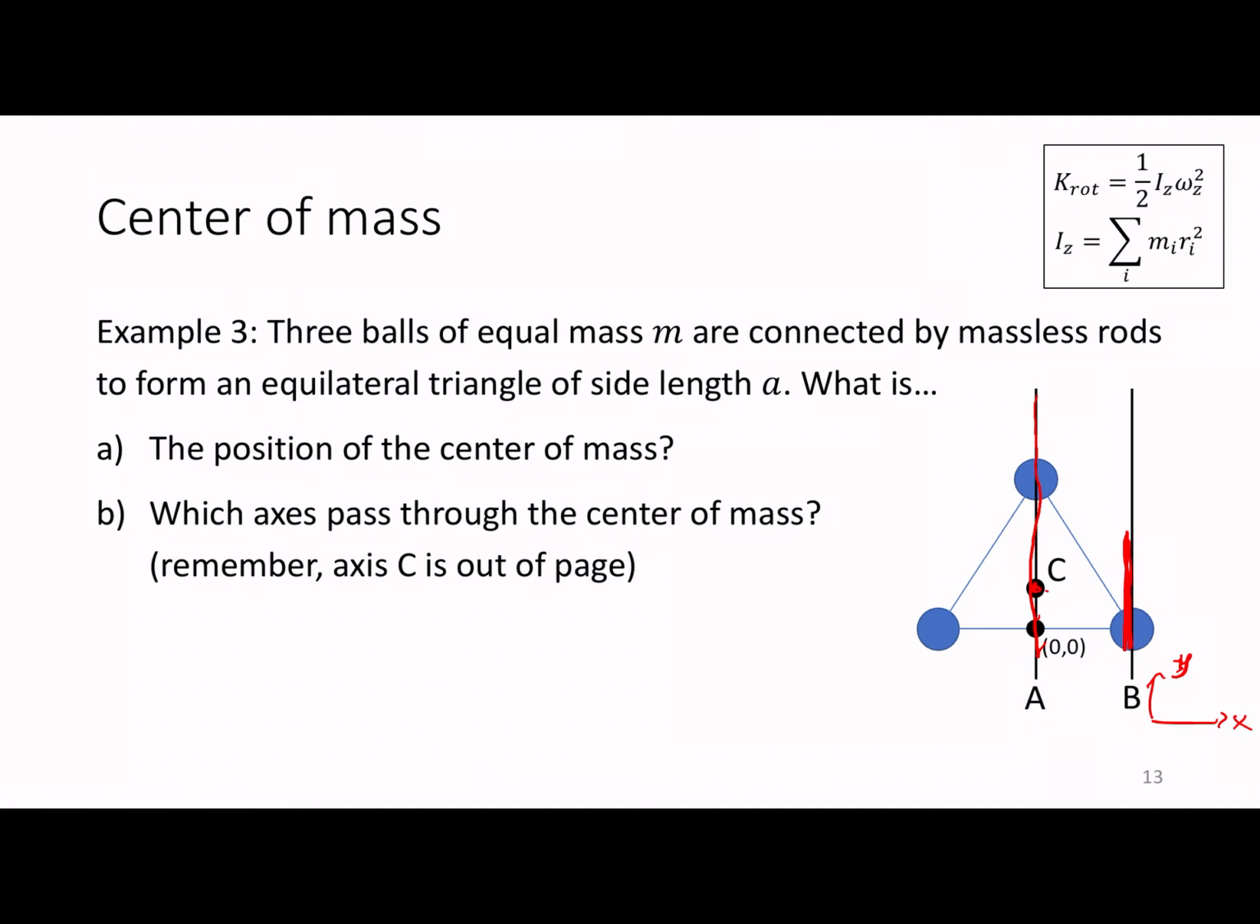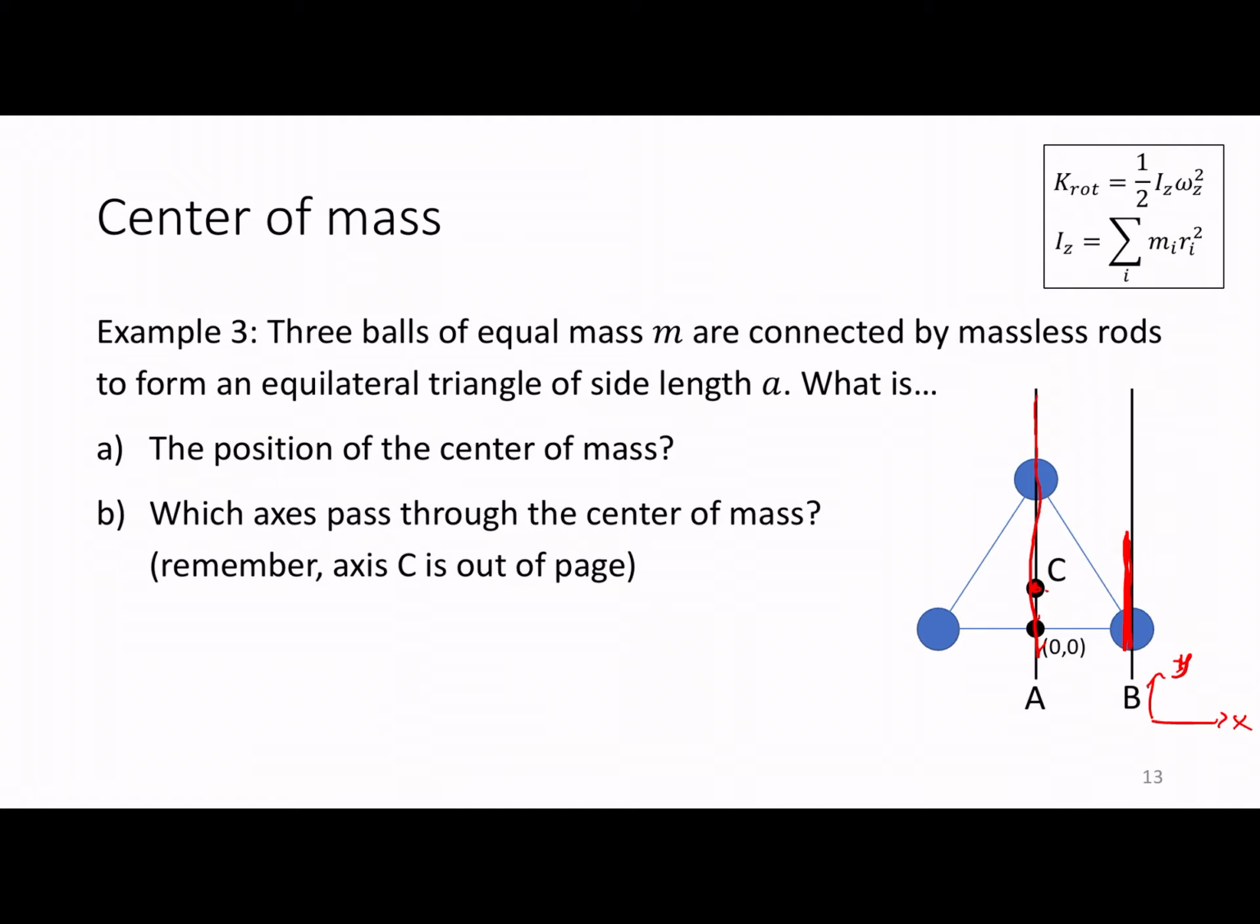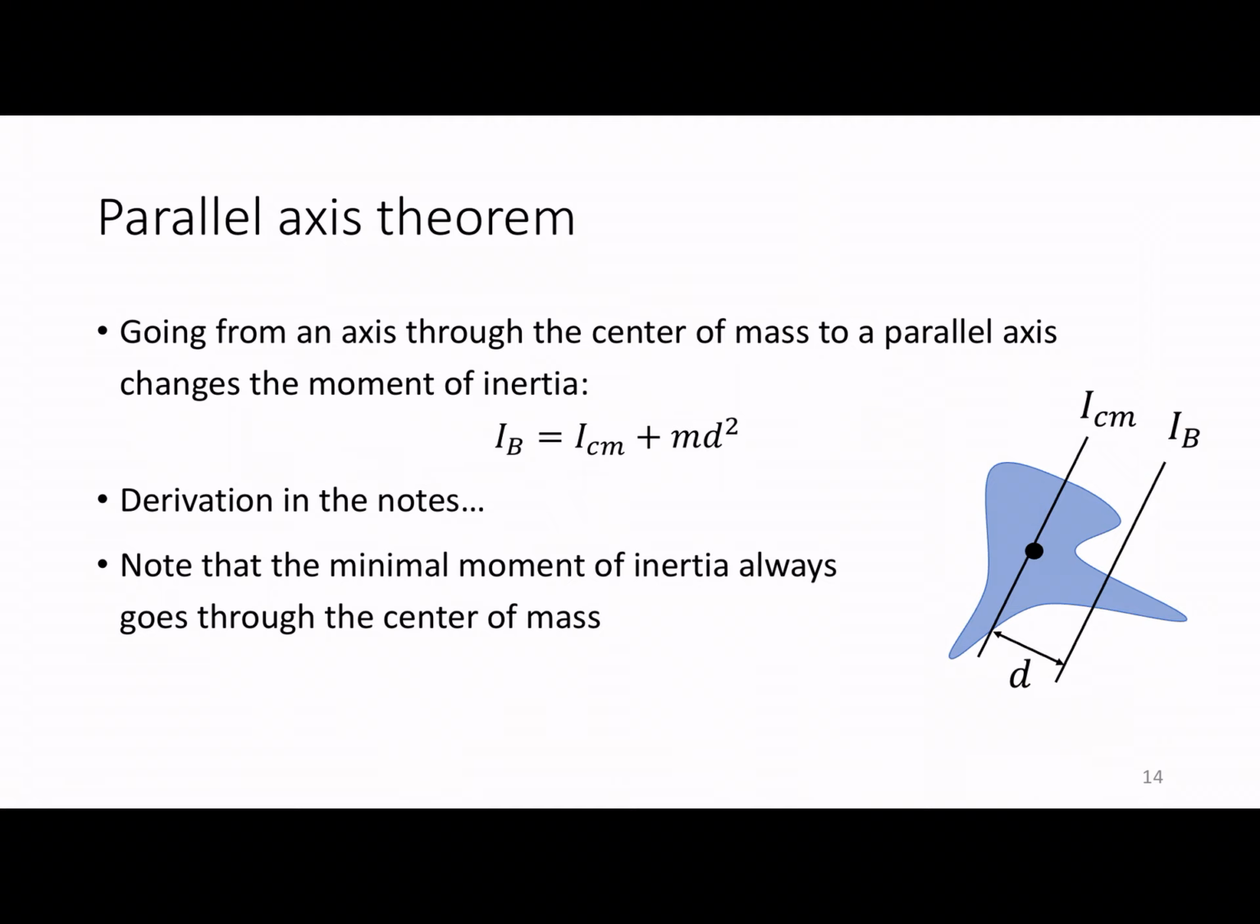Now, why am I asking you about this? Well, it will turn out that there's one nice formula that relates the center of mass to the moment of inertia. So here we are. It's called the parallel axis theorem. And the idea is as follows. Imagine I told you there was some axis that passed through the center of mass. Those could be A or C. Those are both completely valid choices. But some axis that goes through the center of mass,